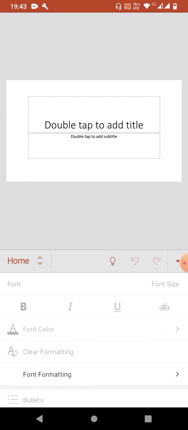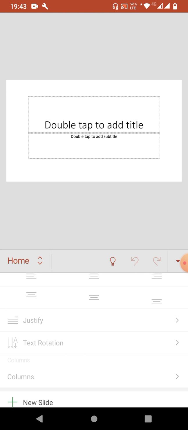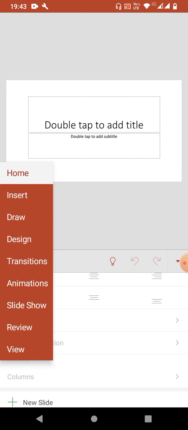Tap on that. From here you can get all the tab names like this way: home, insert, draw. The draw option is very new over here, because since this is a phone, the Android version, the draw option you can get only in Android tabs.